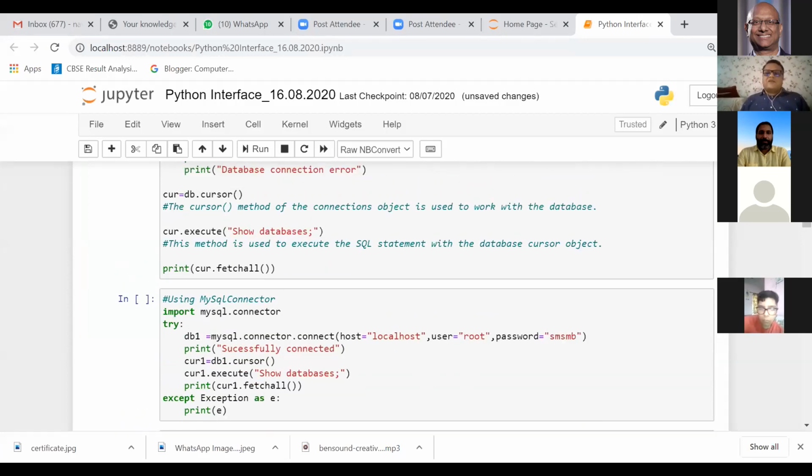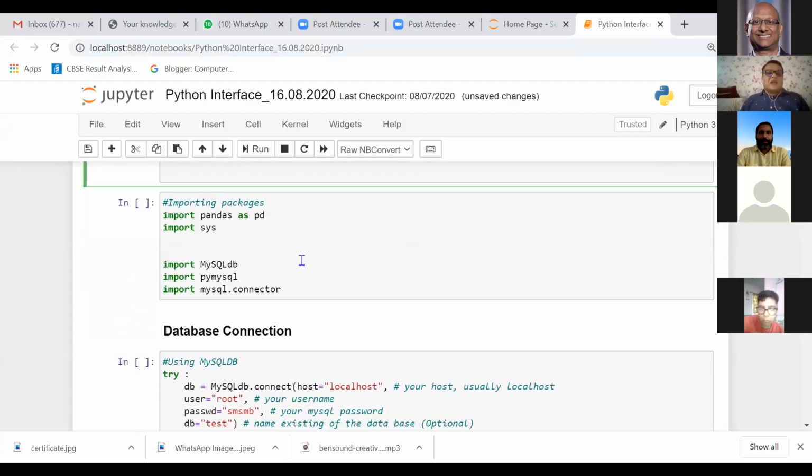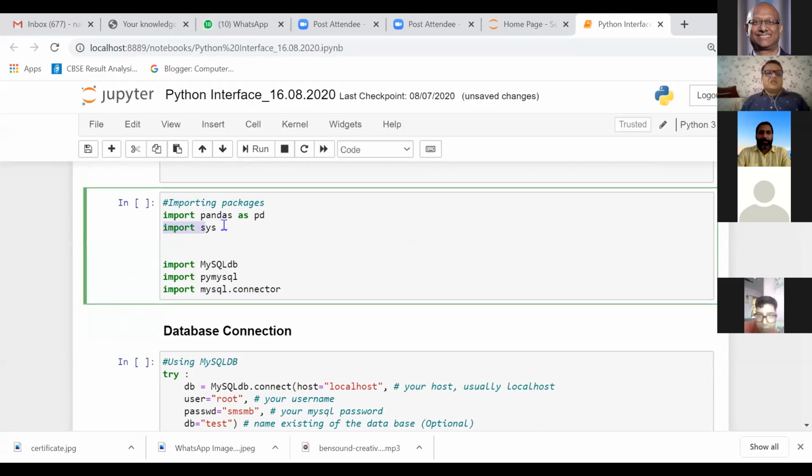Now here I have just imported all these libraries in one go. I'm using pandas somewhere, and I'm using one of the functions of the sys library, so that's why I've written import sys. But we need to use these three connectors. So we can write import MySQLdb, import mysql.connector, or import PyMySQL. I can use any of these. I'll show you how we are getting connected to all three APIs. I have just given the code, and the rest of the code remains the same.